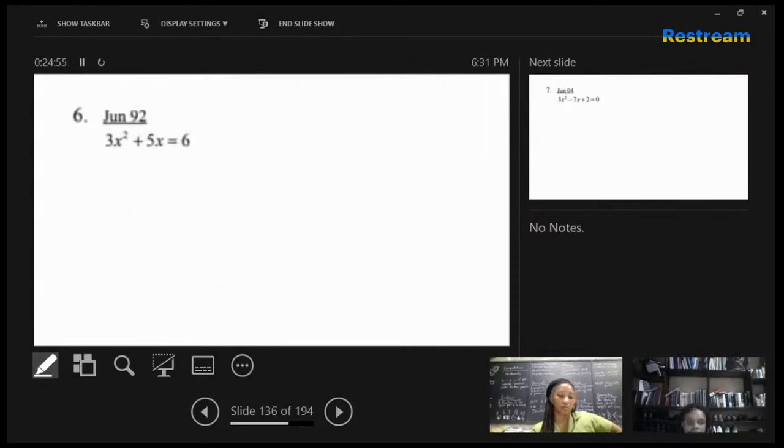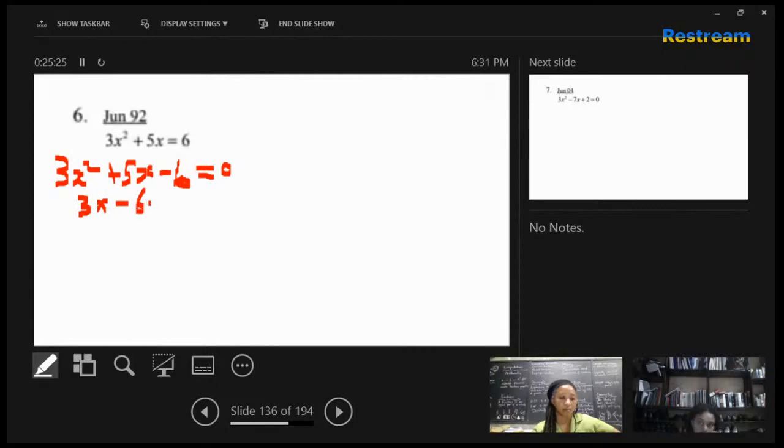Number 6. So 3x squared plus 5x, I'm going to bring the 6 over, so it would be minus 6 equals 0. So we're going to multiply the 3 and the negative 6, so that would give us negative 18. And two factors of negative 18 that add to give positive 5 are